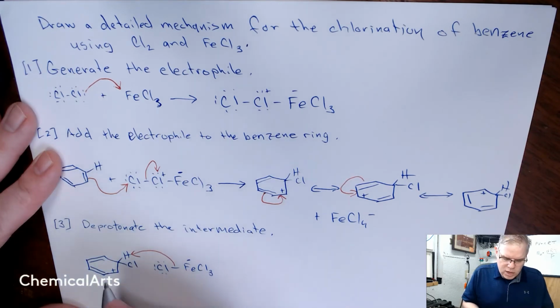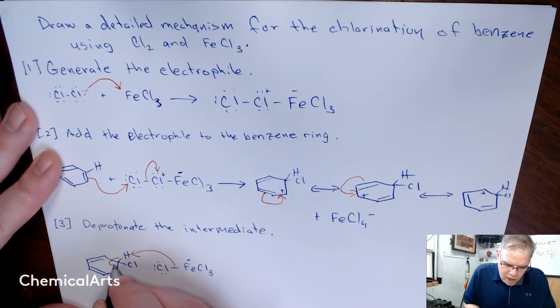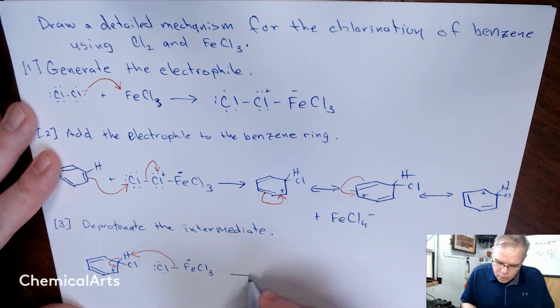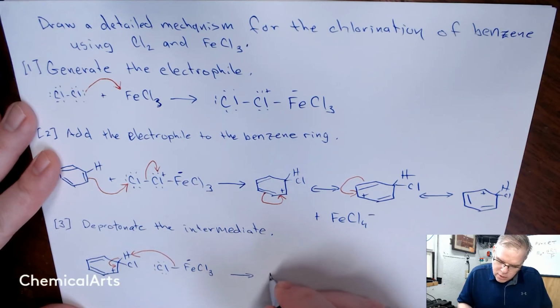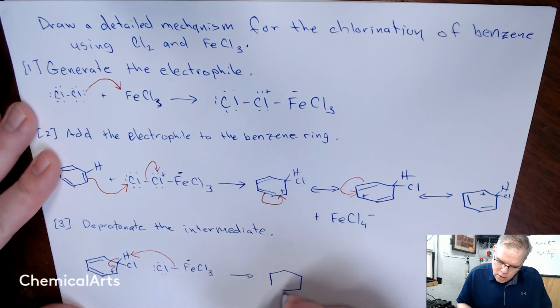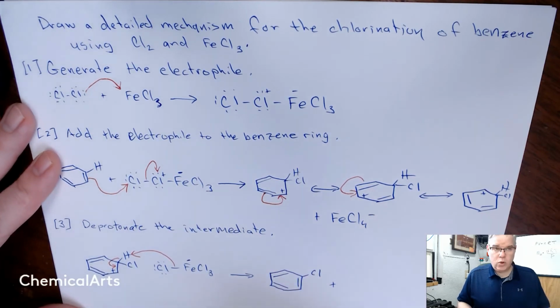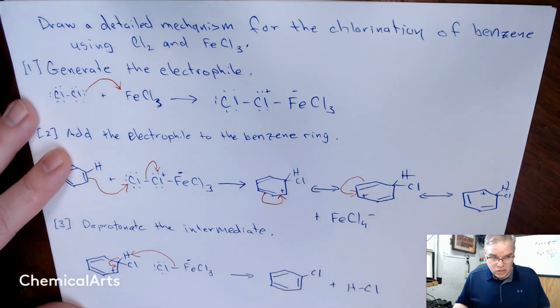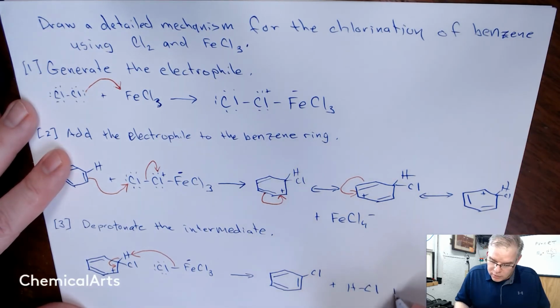And we're going to take the pair of electrons that's between carbon and hydrogen and complete the aromatic system to generate our product. Our product here is chlorobenzene plus HCl plus